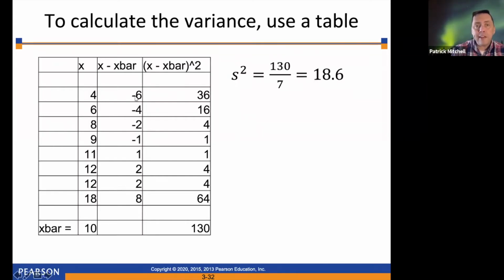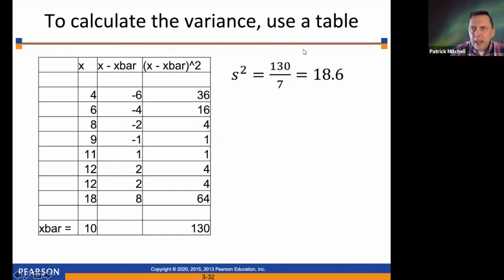So 4 minus 10 is negative 6. 6 minus 10 is negative 4. 8 minus 10 is negative 2, et cetera. One thing that I should point out here, and I wish I had written this in my table, a really good way to check your work at this point